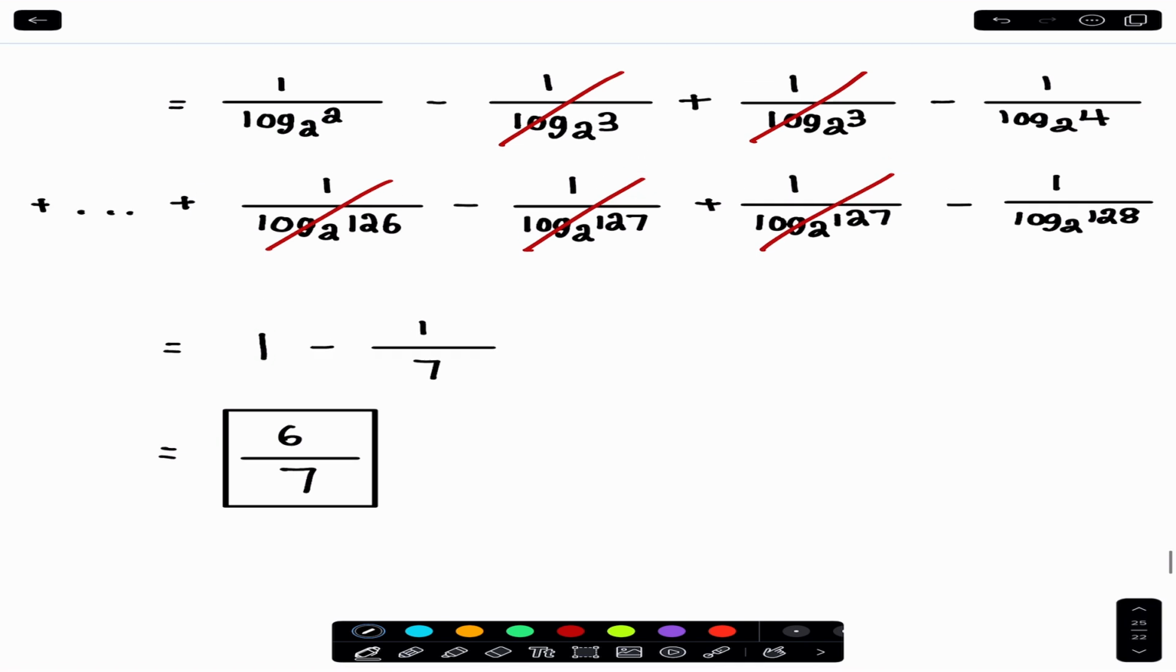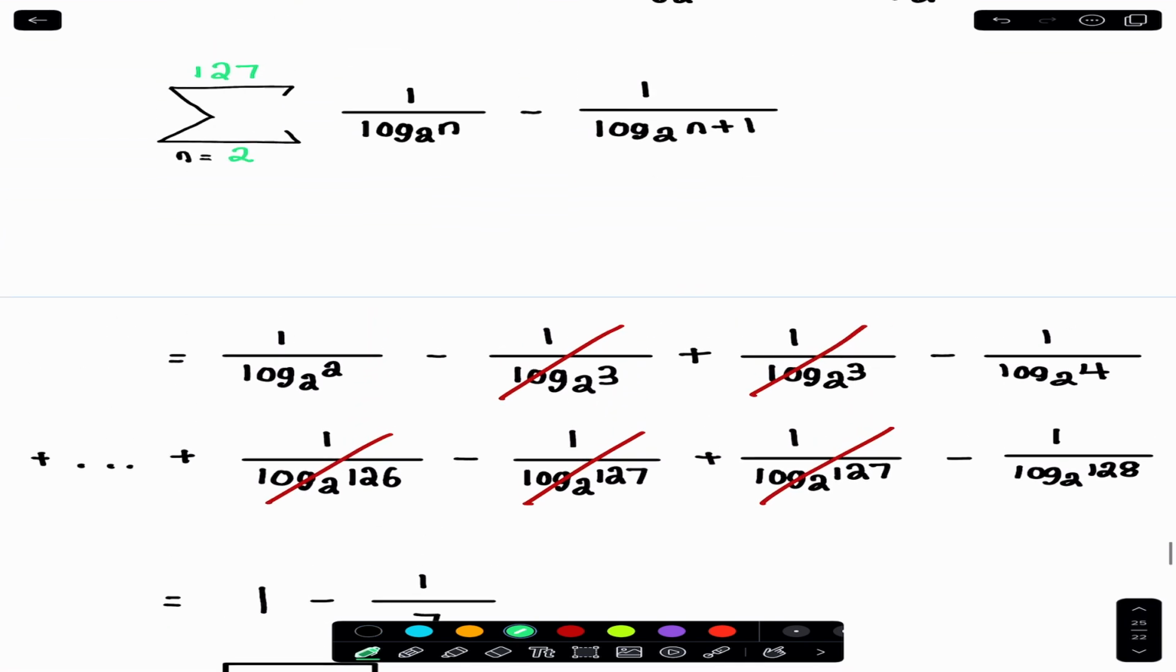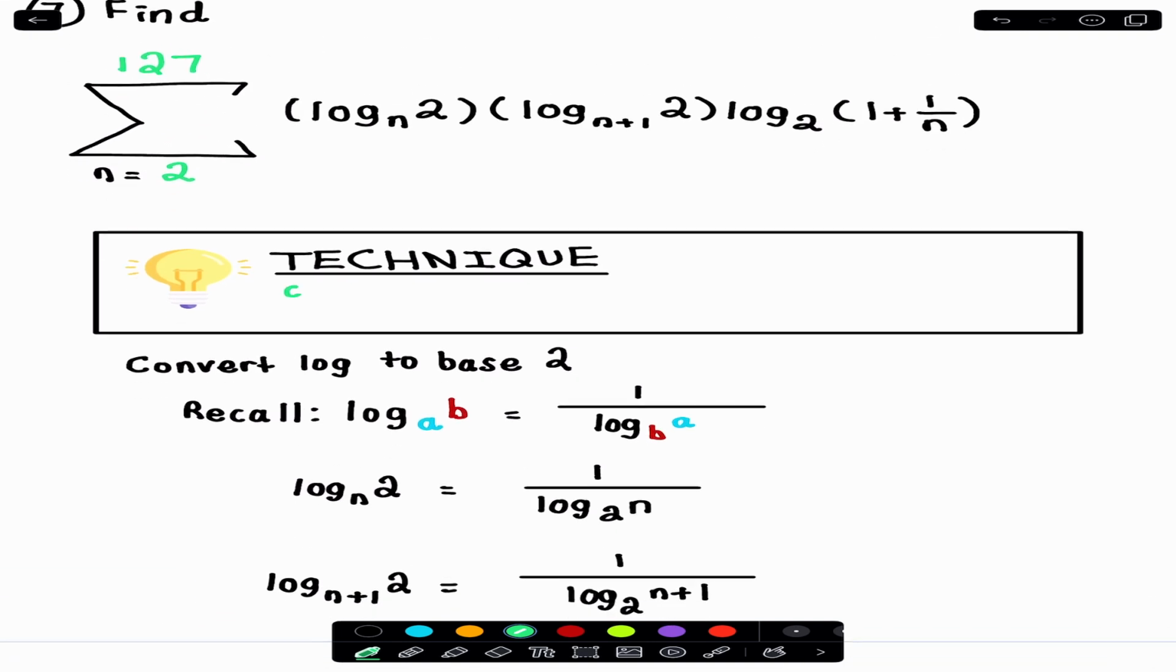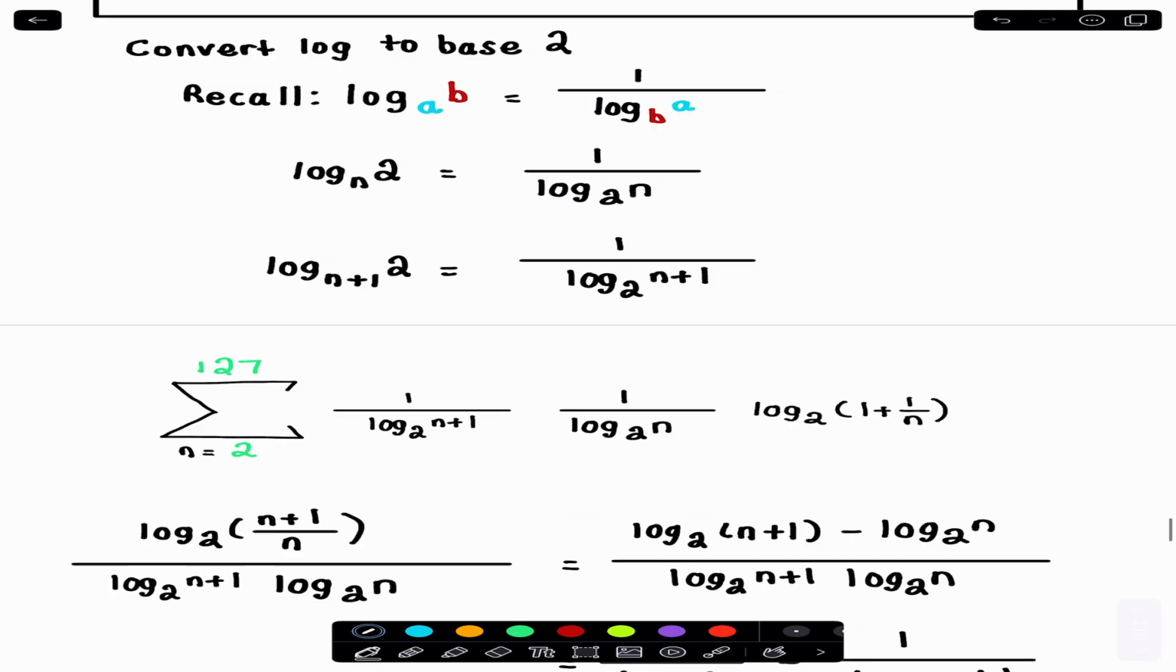There we go. So the big lesson here was to convert everything to the same base. So that's a nice problem. So we have to use all our knowledge from other areas in math. So this one involved logarithms. Cool. Moving on